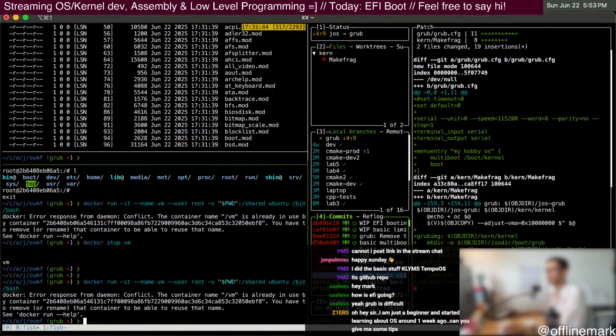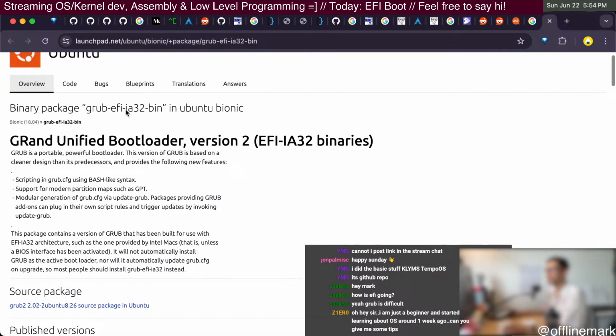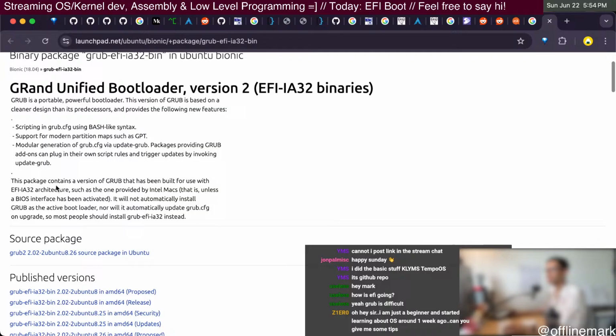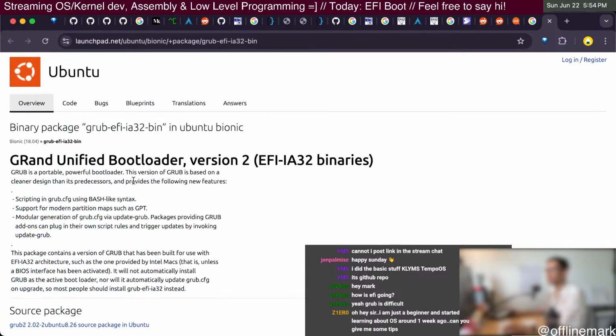But then it turned out to be very challenging to get grub with EFI working because there don't seem to be pre-built grub binaries. Maybe if I was on Linux, that would be easier to access a grub pre-built binary. But it seems like to do that, I would need to rip one from the apt package. This package contains a version of grub that has been built for use with EFI i32. Yeah, it seems like I would need to rip one from here